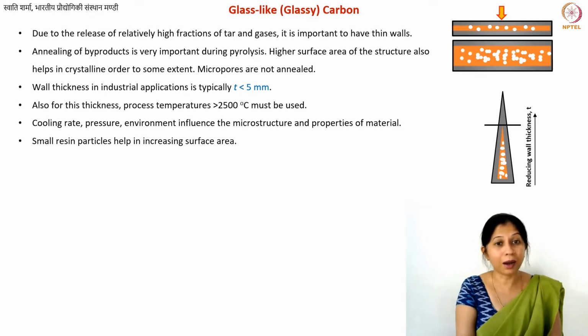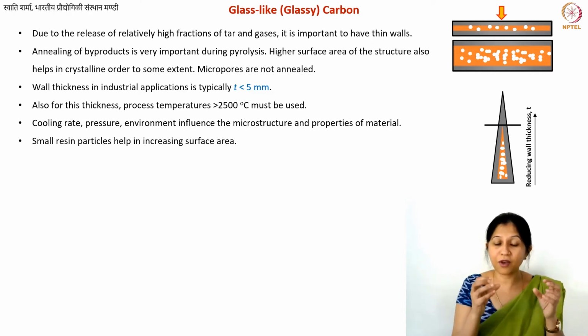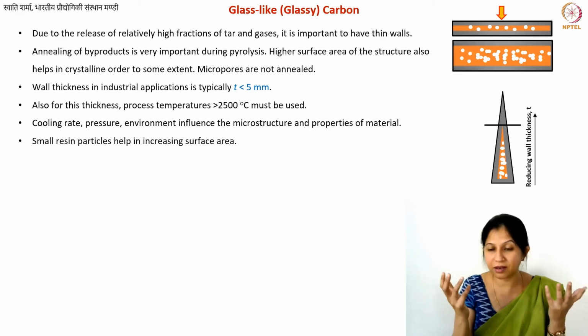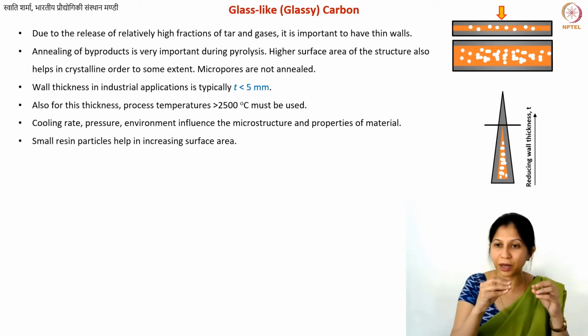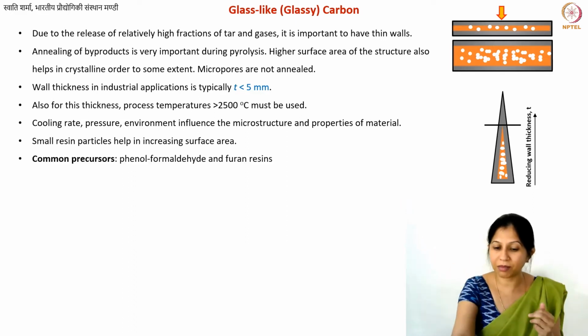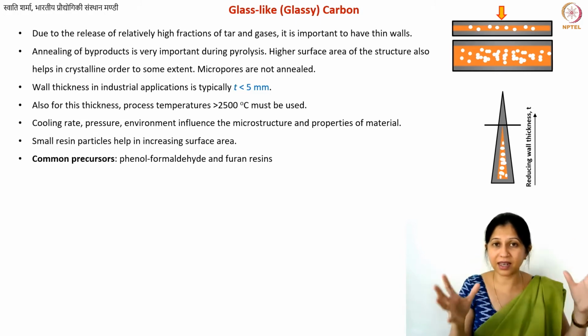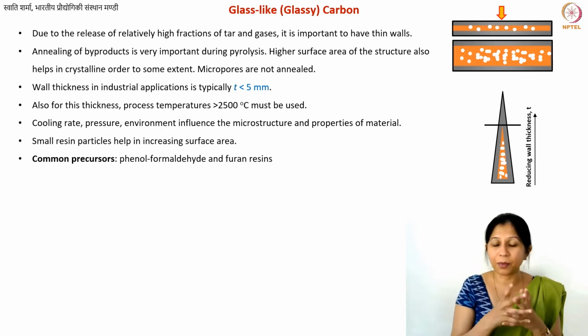Okay, now, depending upon the kind of structure you want to make, if you want to make a thin film, then you don't need to worry about all of these things anyway. If you have smaller resin particles, you will have higher surface area, so you basically allow a little bit of space for the byproducts to go out. So this is also something that you can use to ensure that you don't have bubbles in the core. These are some of the things that you will do.